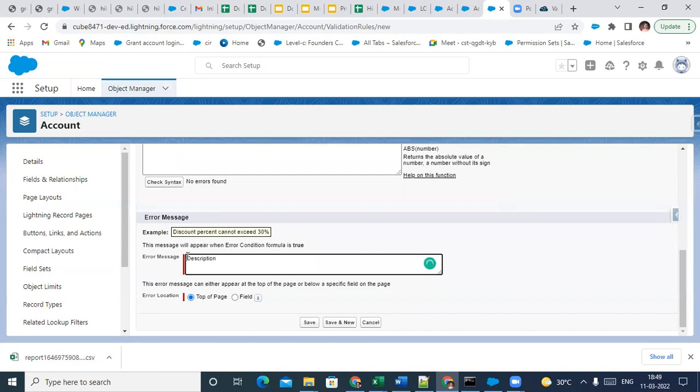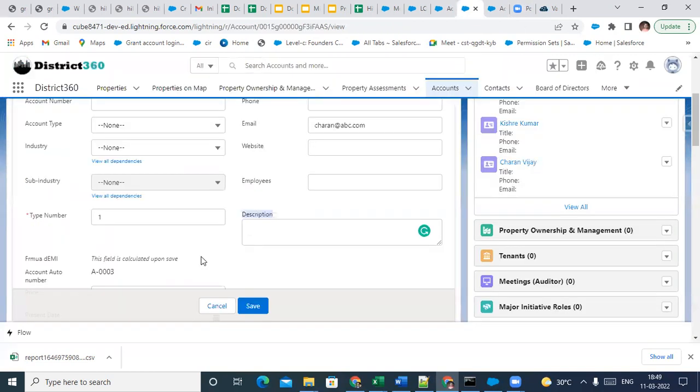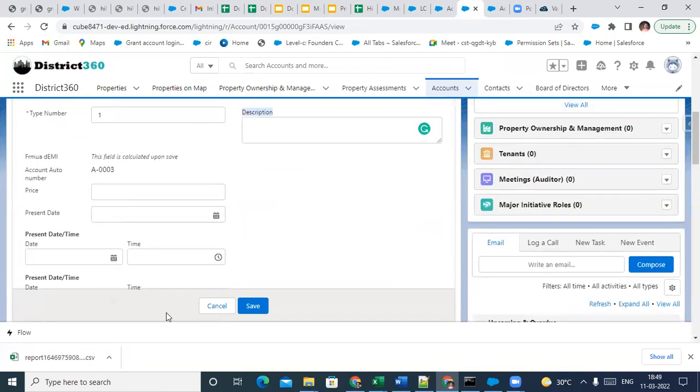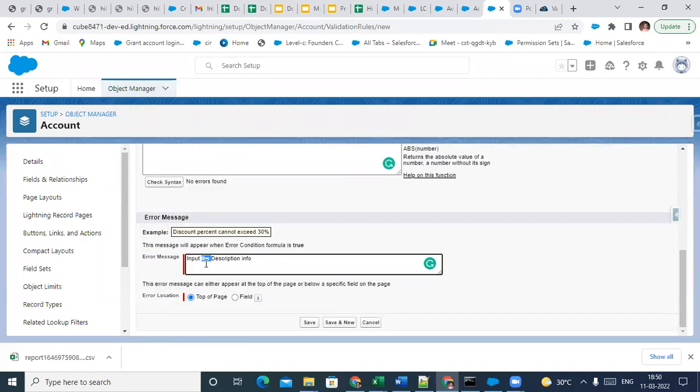Okay, so input the description info. Okay. So this is the error message that you will get if at all, if the price field is blank. Okay. So if at all, if the price field is blank, you will get this message displayed before you save